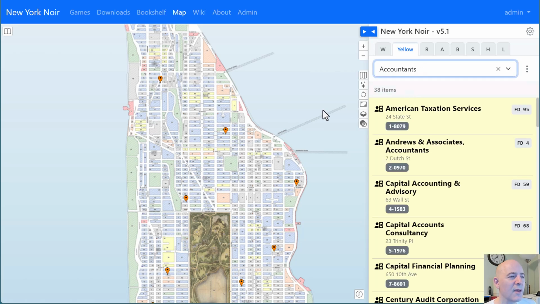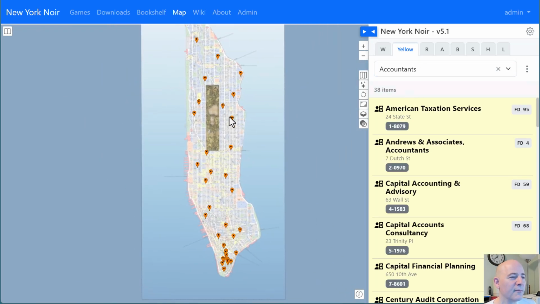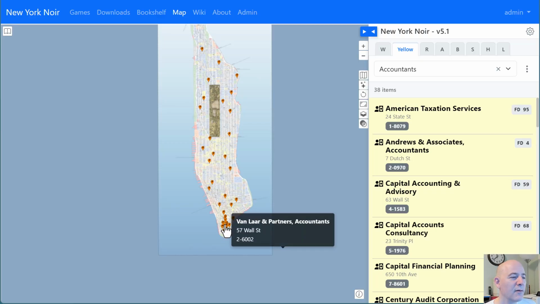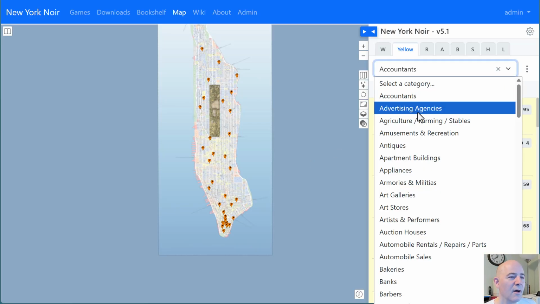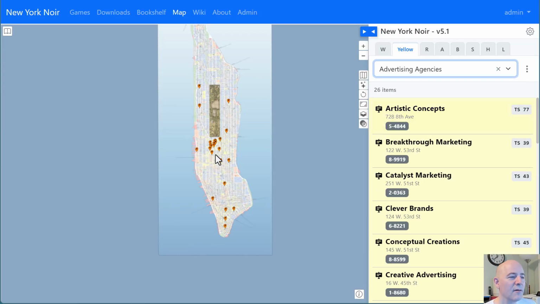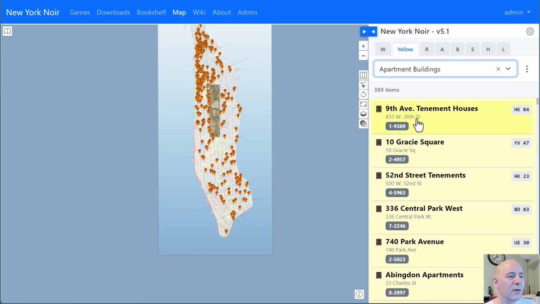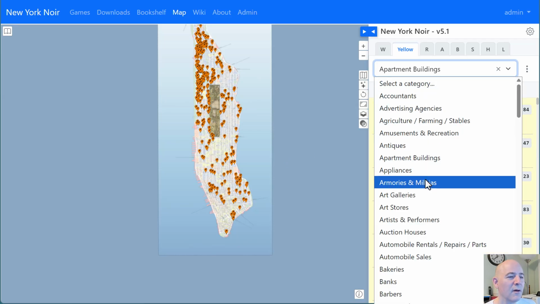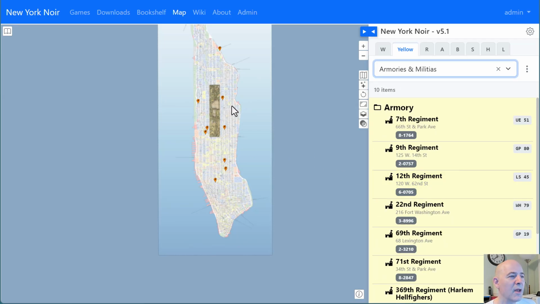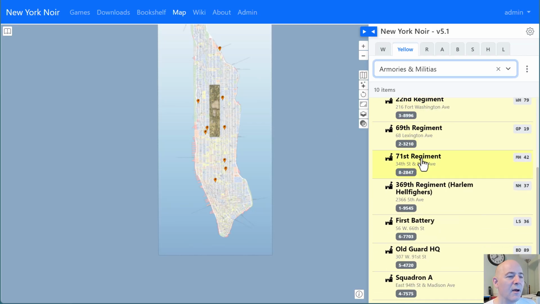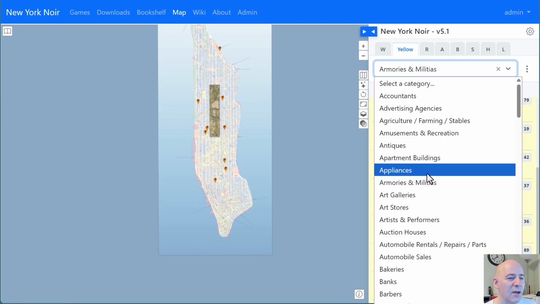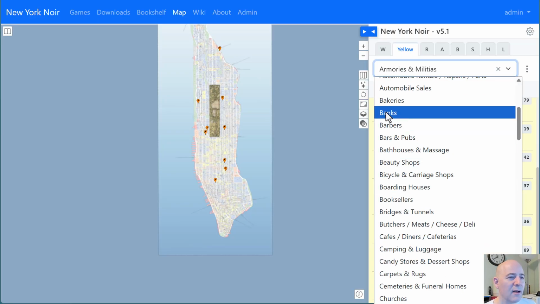So here we can see accountants clustered down here in the financial district. Advertising agencies clustered here in Times Square, and so on here. Apartment buildings all over the city. Armories, not that many of them here. Occasionally you'll get a